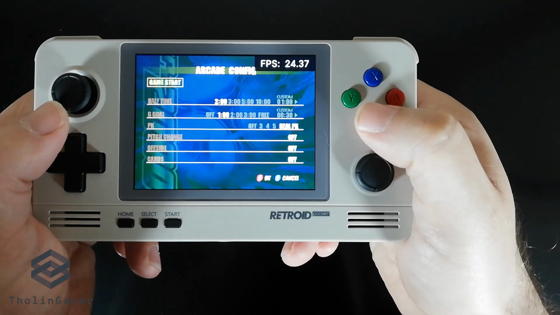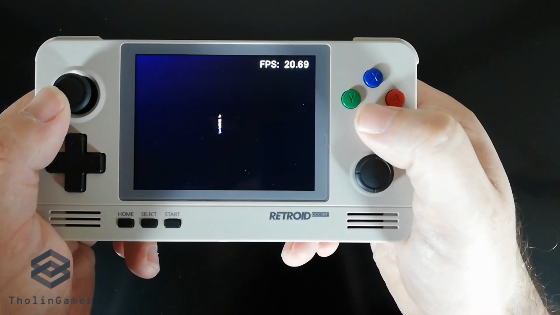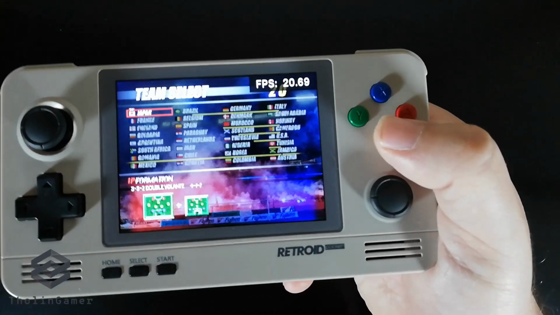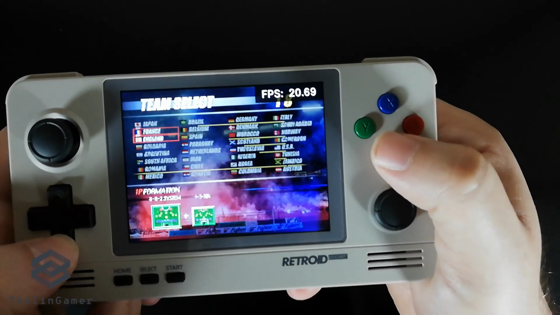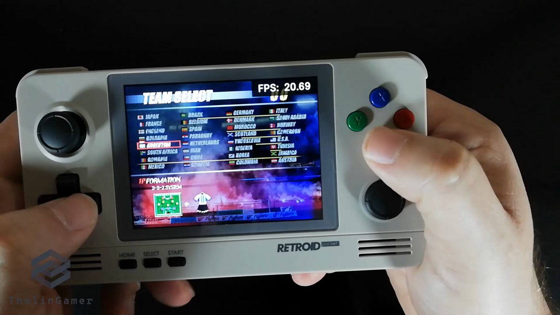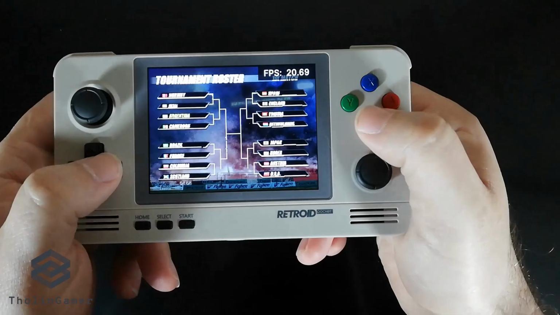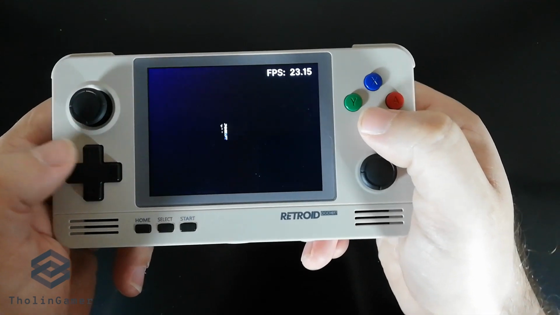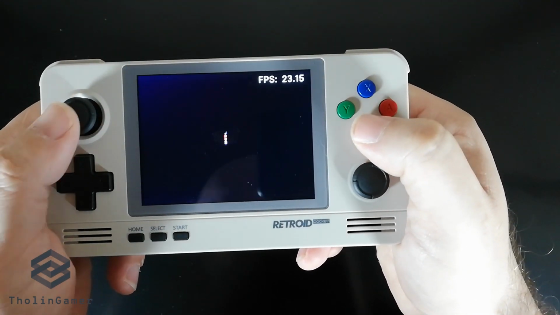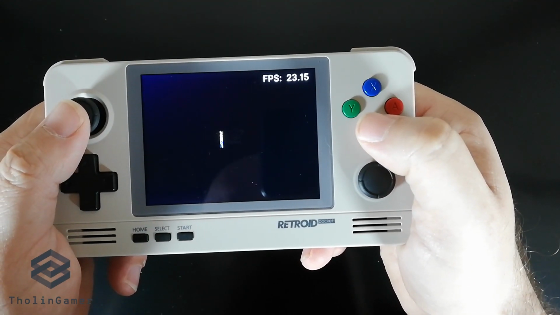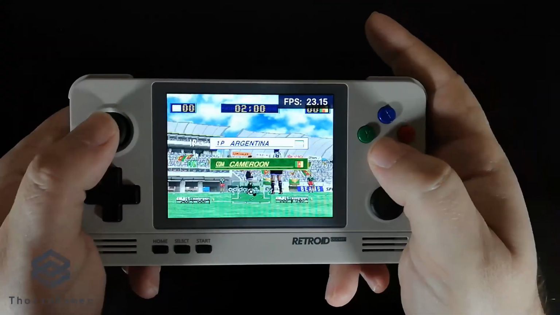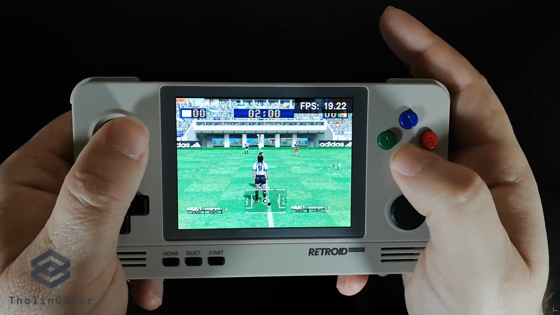Let's go with arcade mode, and let's select our team. Let's select a good team, especially back in those days that it goes out. Let's go with Argentina, and we can go straight to our first match so that we can see the animation and movement, and of course how the controls are, which are very important in a sports game, and especially a football one. So it's Argentina versus Cameroon.